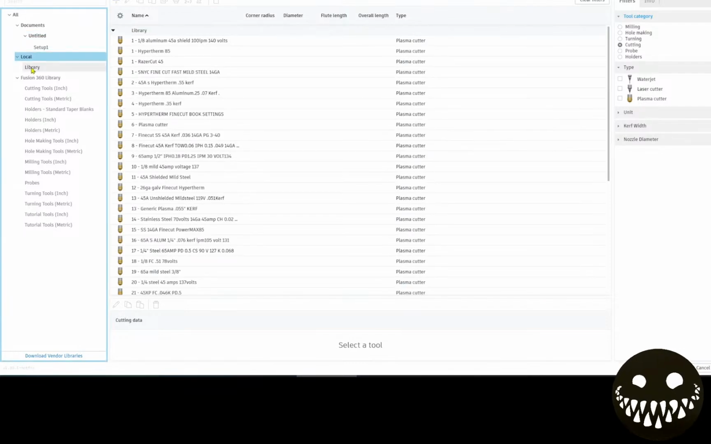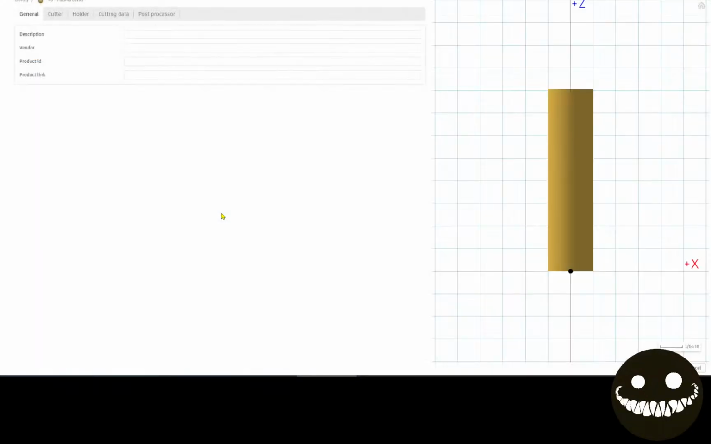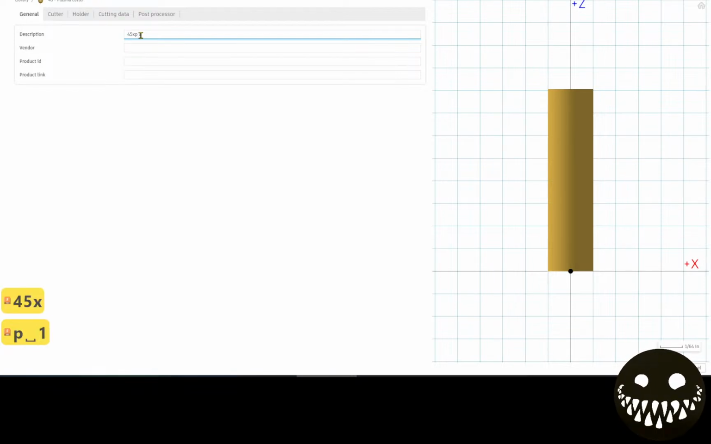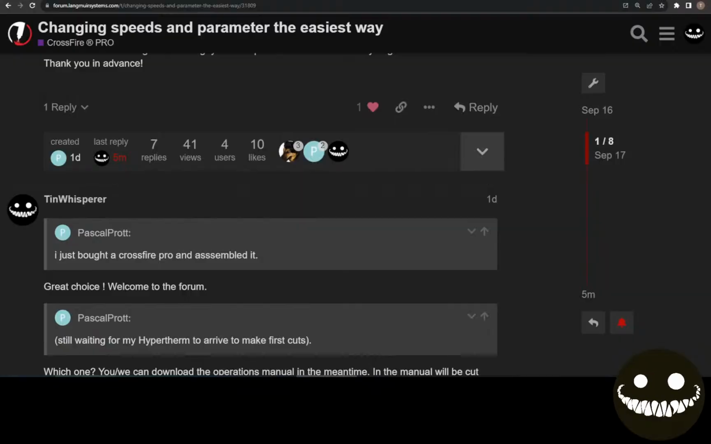We're going to go to our local library. In our library, we're going to add a tool, Plasma, and we'll call this the 45XP. We're going to do 1/4 inch. Let's call it aluminum. Perfect. So under the cutter type, we will now go into the manual and start populating this. So the 45XP manual